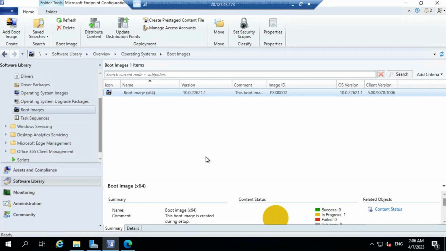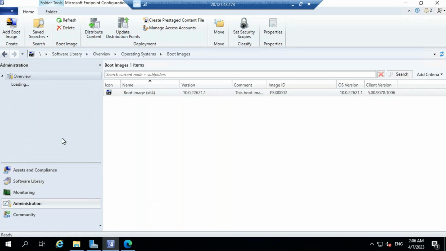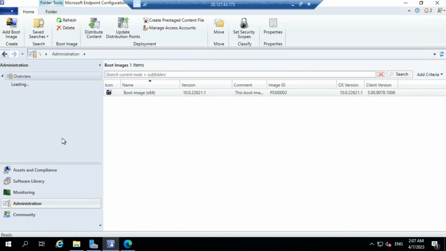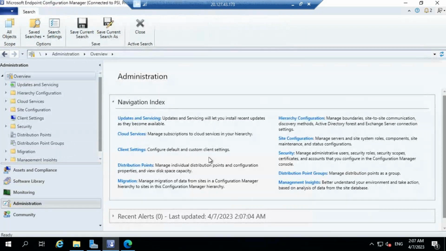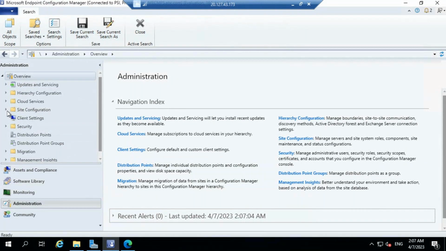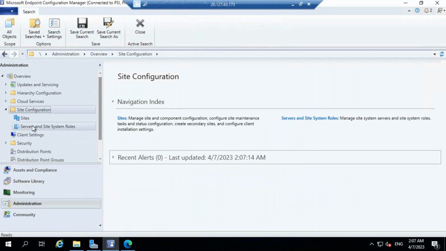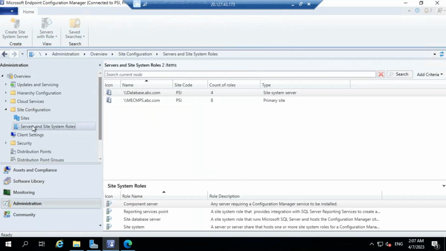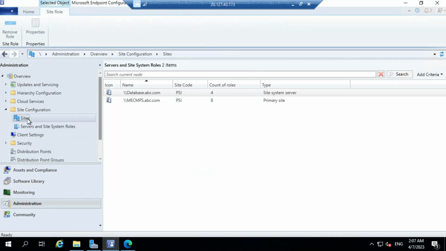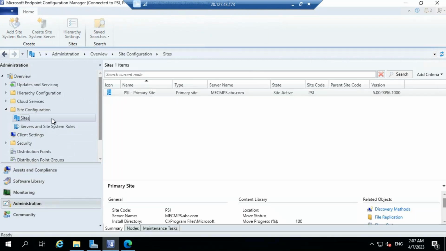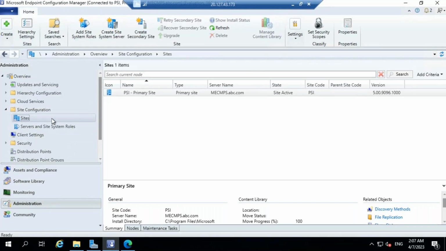Now, you need to go to administration, and then in administration you have site configuration, expand that one. And now in site configuration you have sites, click on sites, and then right click on this primary site,